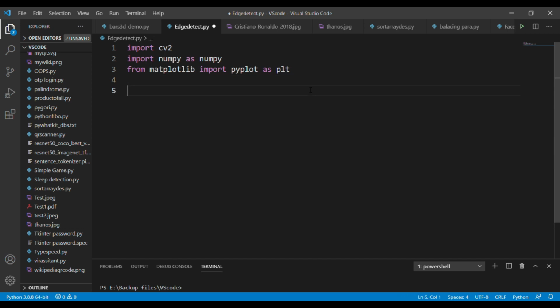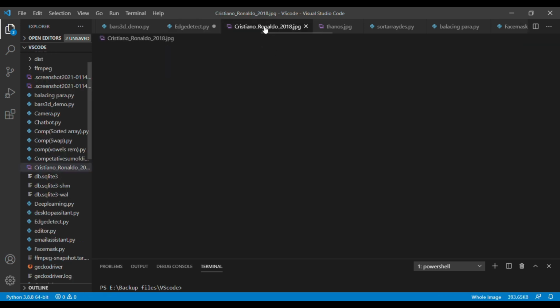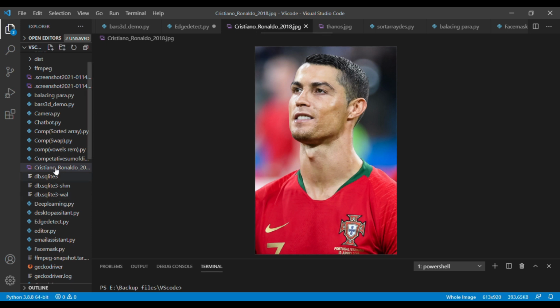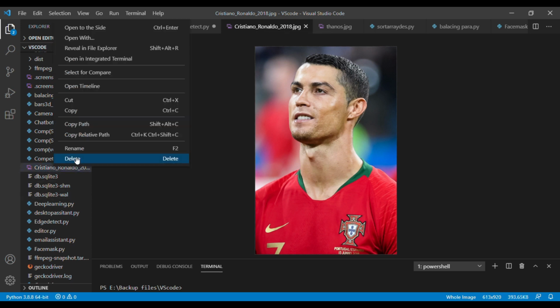Now after importing all the libraries, declare a variable called image, and in this variable pass the input image that you want to detect. Before making this script, I planned to create this program to detect the edges of real-time faces by using a webcam. But I have very short time for creating this script. Because of that I made this video. Definitely I will do the real-time edge detection using OpenCV.